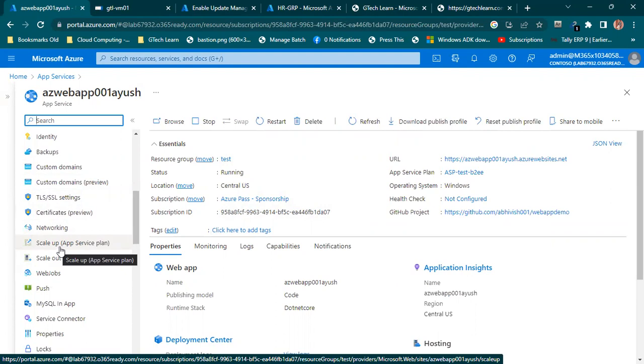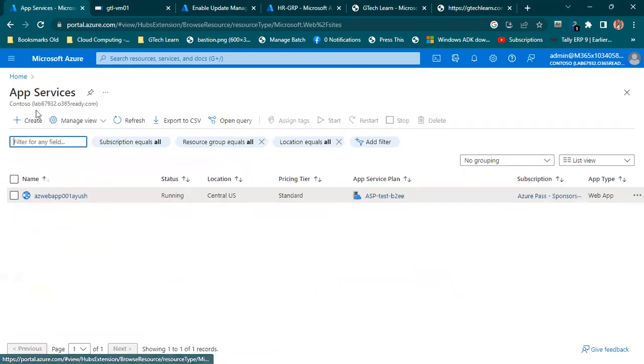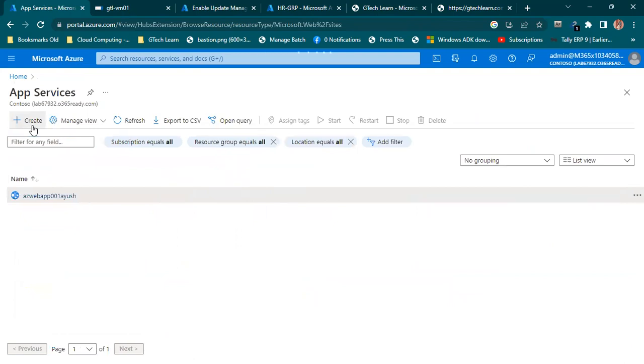Instead, we can talk about networking, or the different TLS and SSL settings related to securing our application, and how the app service plan helps us with that. So here you can see if I'm creating a new application over there,